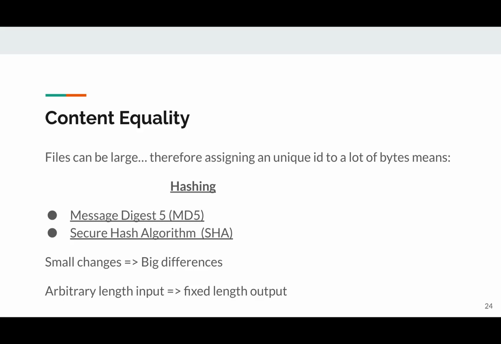So if we do that, there are guaranteed to be what's called collisions. There are going to be multiple inputs that will produce the same output. Now, a good hashing algorithm makes that pretty hard to find and pretty improbable,